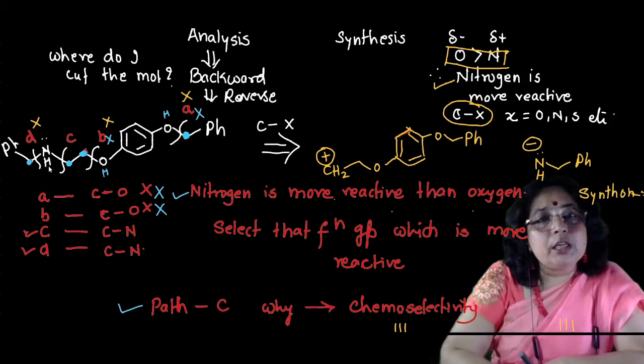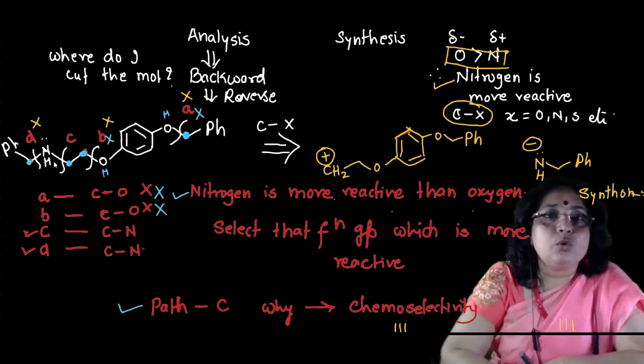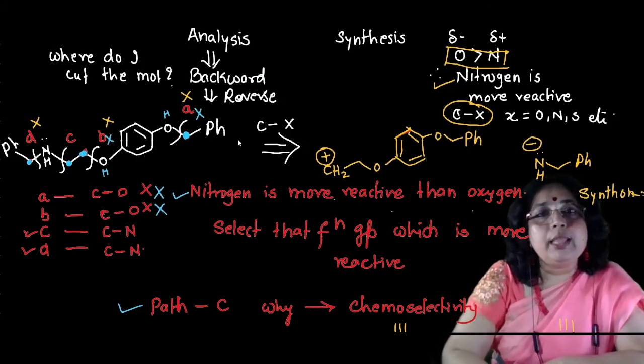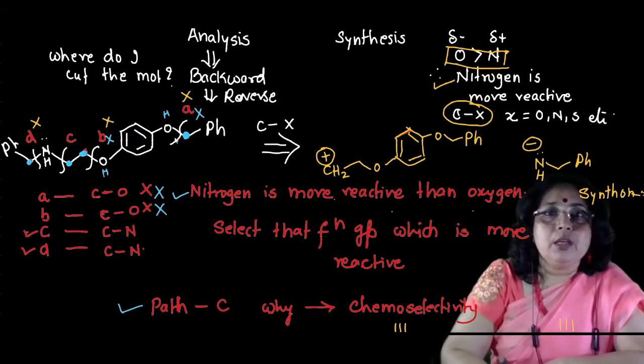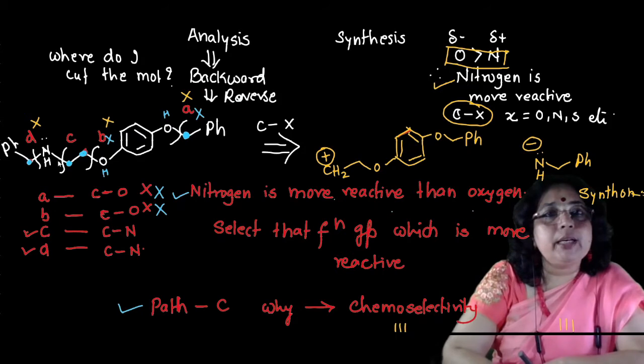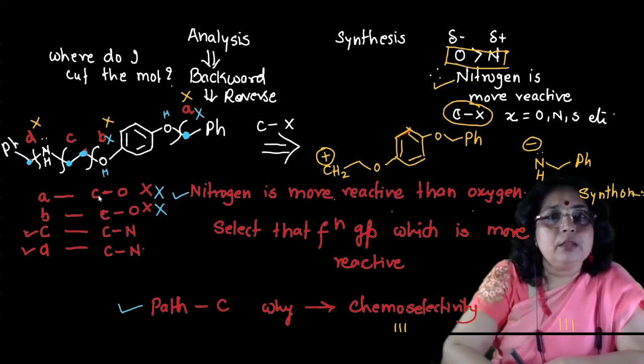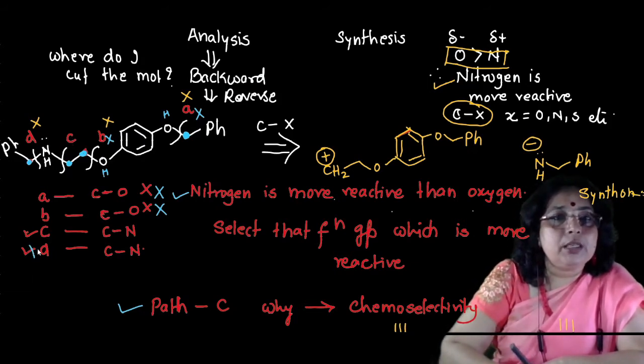So the first thing is we have to disconnect the NH group first from the molecule, then the alkylation will be possible at the OH center. So that's why I am going to disconnect this C path. So I am disconnecting this C path. So again the D path is dismissed. So I am not considering a D path, I am considering a C path.